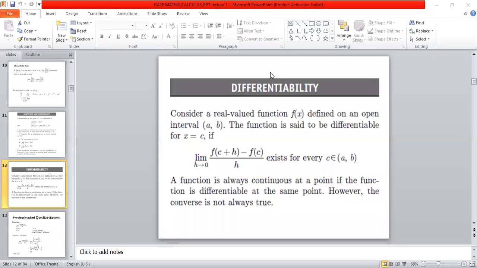Okay, we'll start. Till then, some people will join. Next definition is differentiability. If you want to write the definition of a function being differentiable, we can write it with f of x or f of c, whatever you want. It is the limit as h tends to 0 of f of x plus h minus f of x upon h. If it exists and the function is continuous and this limit exists, then we can say the given function is differentiable.